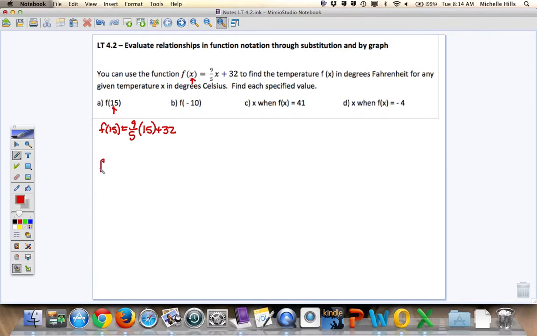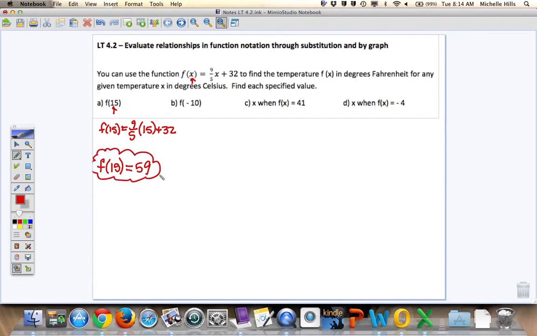So it says if I take function f and I substitute 15 in place of the x, this is going to be 9/5 times 15 plus 32. So not 15 divided by 5 is 3, times 9 is 27, plus 32 is 59. But just to be sure, I'm going to punch that in because I don't want to make a mistake. So 9/5 times 15 plus 32 is 59. Do not divide both sides by 15. This is a notation. This does not mean f times 15. It means take function f, put 15 in place of x,